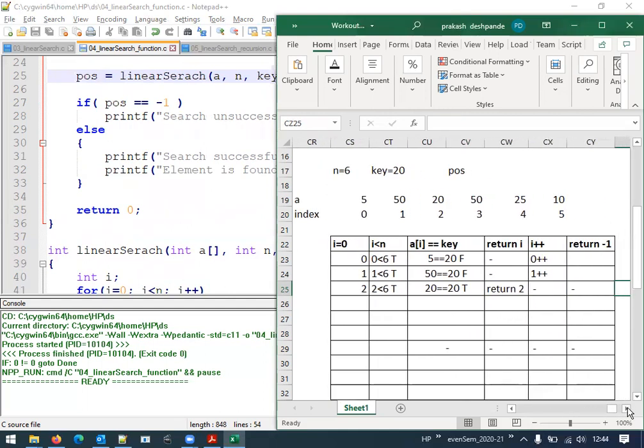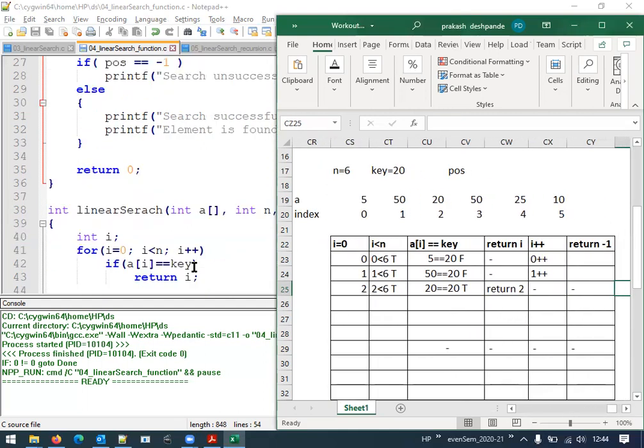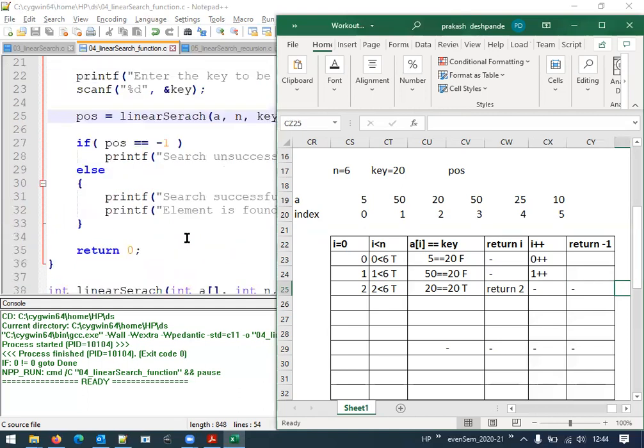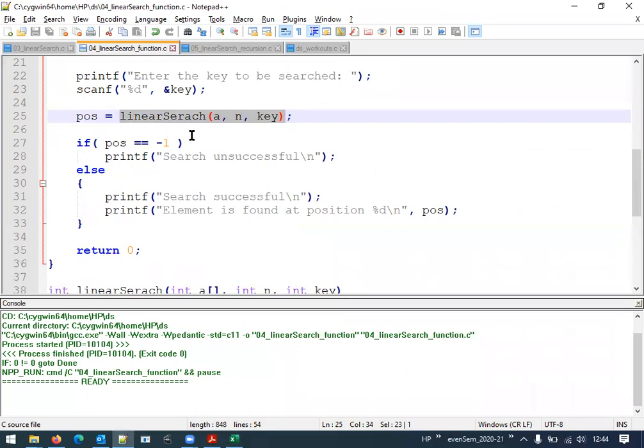We know that only once the return statement will be executed. Here, even though it is present at 2 places, first this statement is getting executed, the return statement. That means the value 2 will be returned back to the main function. So when it returns back to the main function, this particular function call will get replaced with whatever the function has returned.